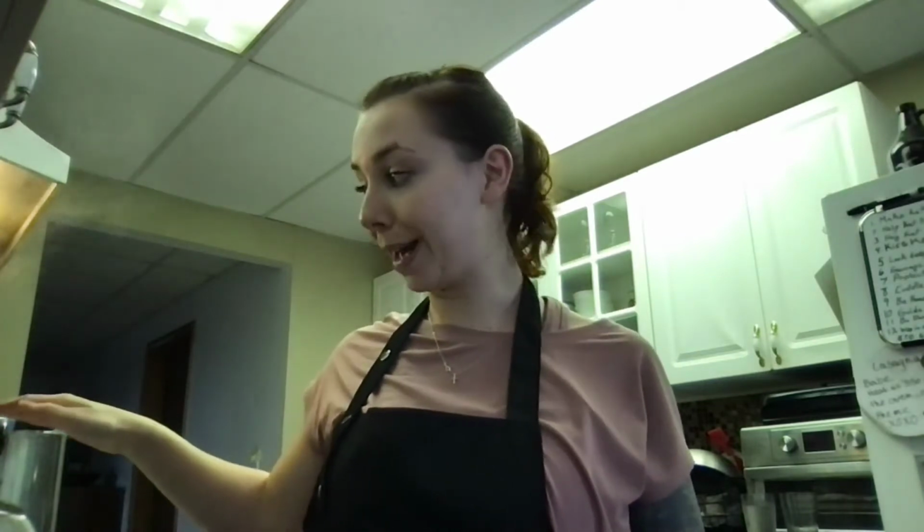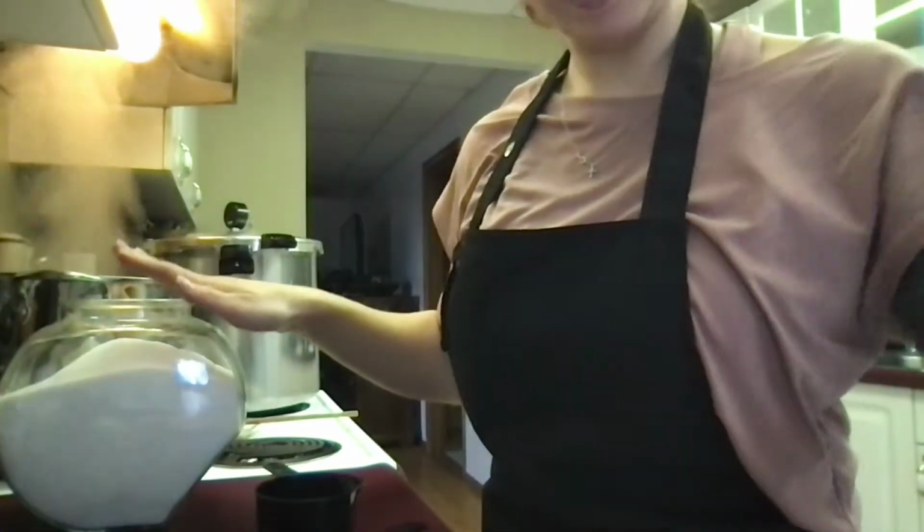Hey guys, welcome back. So now what we're doing is we're going to be canning some apple core and peel jam. I took all of my apple cores and peels and boiled them in water, and then I strained everything, and now I have 8 cups of that apple liquid in my back pot right now. Once that gets up to a boil, we're going to add in 4 cups of sugar,